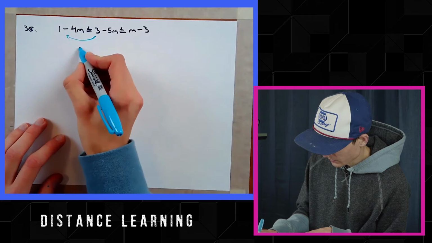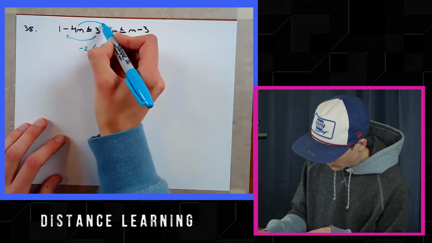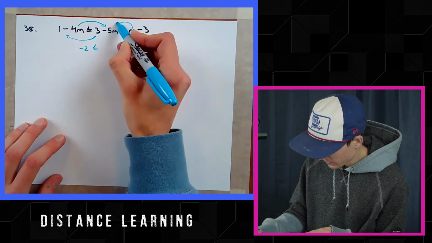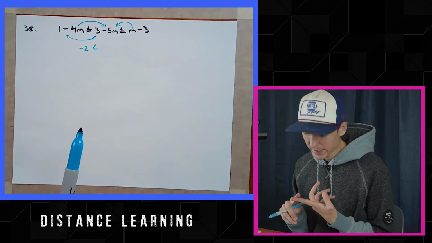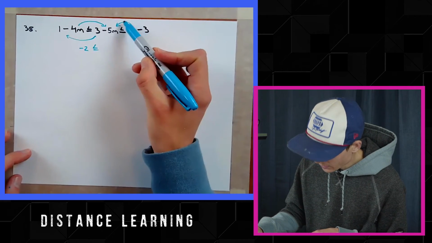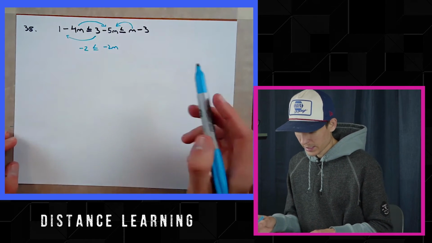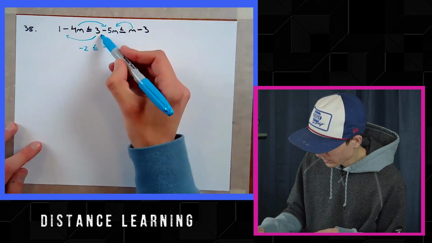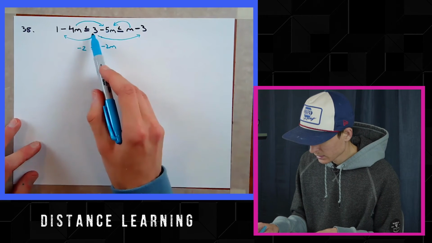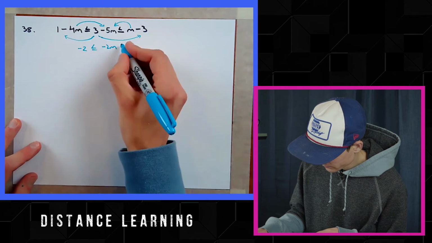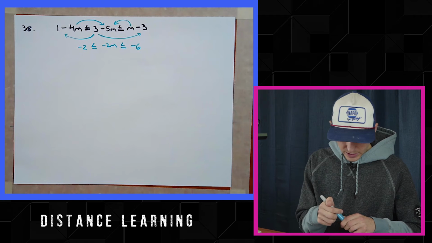So 1 minus 3 will give me minus 2. I am going to move this 4m inside and this m inside. So I'm going to have minus 5m plus 4m, so that gives me minus m. And I subtract another m, so I'll have minus 2m. Now I moved that 3 there. Remember, you have to also move it over here. So minus 3 minus that 3, minus 6. And now you have to divide